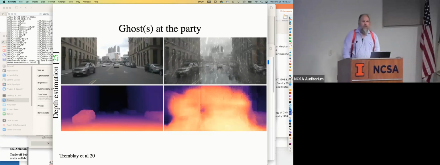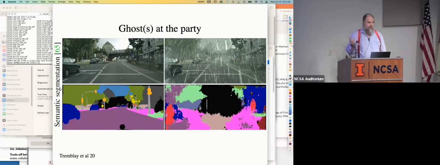The problem is it doesn't work very well when you stress it, right? So if you're interested in things like autonomous vehicles, whatever, you discover very quickly that depth estimators just hate rain. So I'm showing you an outdoor scene and an outdoor scene with simulated rain on it and the depth estimation for each, and it's clear that the thing has just gone to pieces. Semantic segmenters, which are another one of these things. A semantic segmenter looks at a pixel and says, this is tarmac, this is tree, this is window, this is car, whatever. They hate rain as well. A perfectly decent segmentation on the left has turned into a truly vile mess of colors on the right.